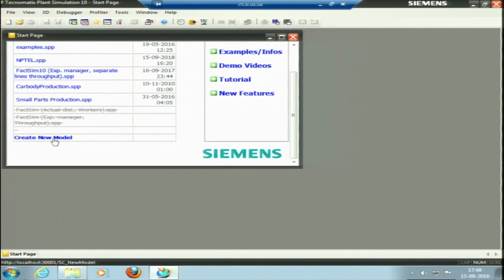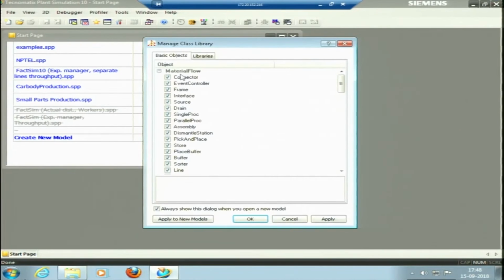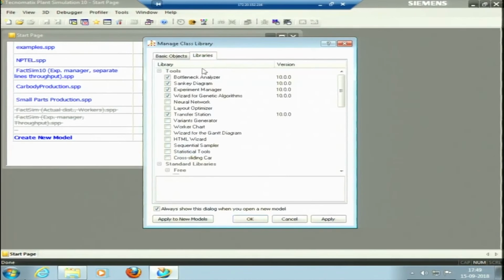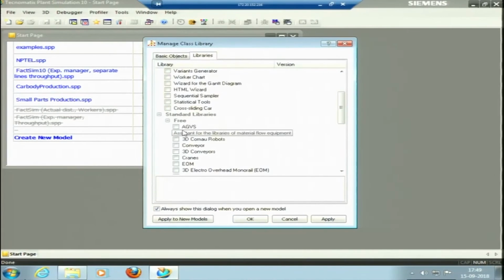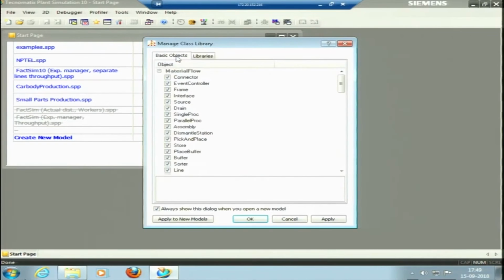So I'll just create a new model. When I click new model, the new model is trying to open. Yes, okay. Now it has basic objects here. The basic objects which are there would be enough to discuss in this lecture. We have a limited scope and time here. So whatever basic objects it has selected, I'll just say yes to them. However, there are multiple models that we can select here, as there is a big library. I can select the 3D ones, AGV (automatic guided vehicles), 3-dimensional conveyors, 3-dimensional robots, conveyors, all those things. But I'll stick to the default selection, and apply.